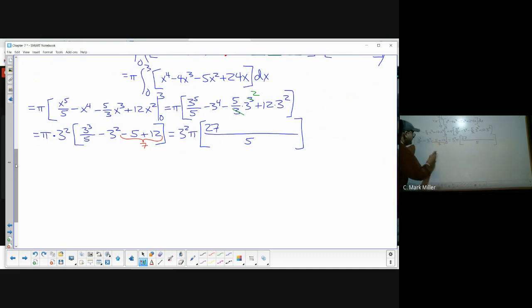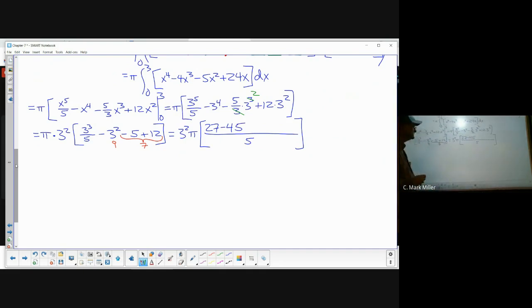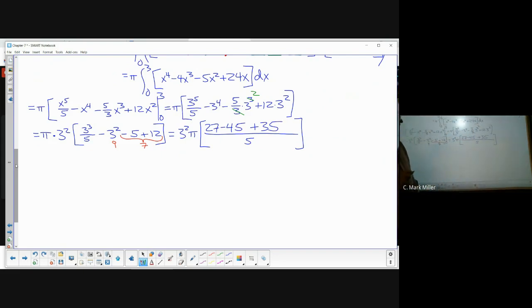That's a 9. So 9 is 45 fifths. So minus 45. Seven is 35 fifths. So all that across the top